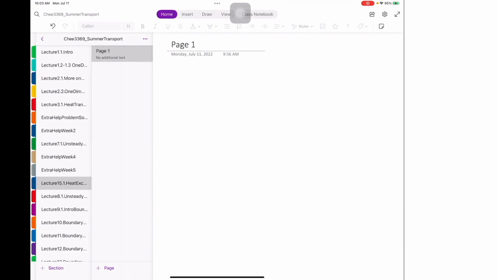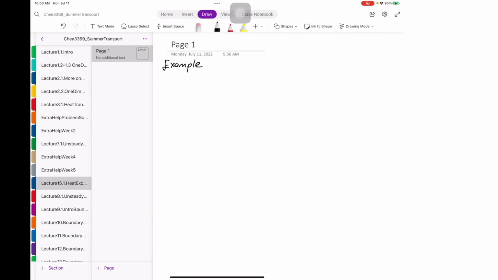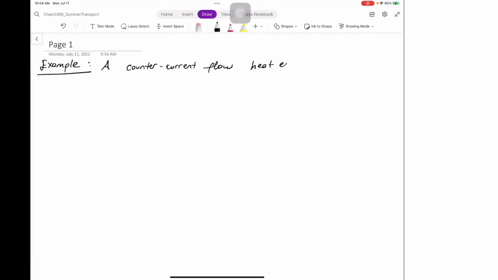So let's solve a heat exchanger design problem, or in other words, let's design a heat exchanger. Okay, so let's say example: a counter current flow heat exchanger with a heat transfer area of 12.5 meters squared